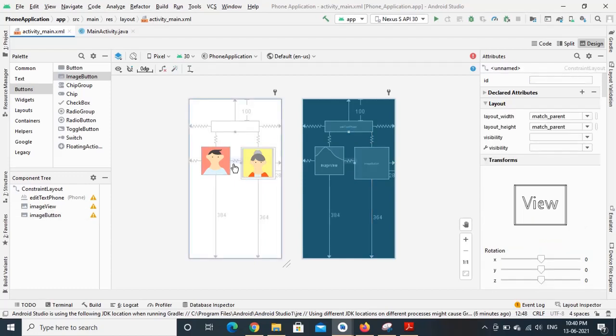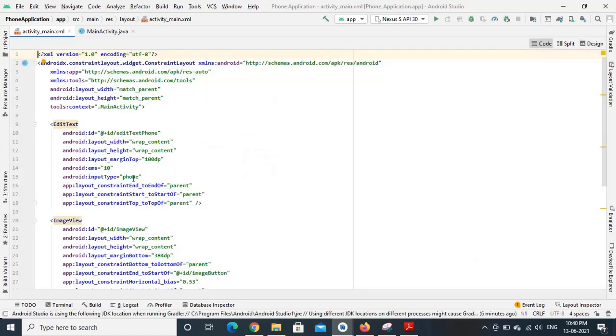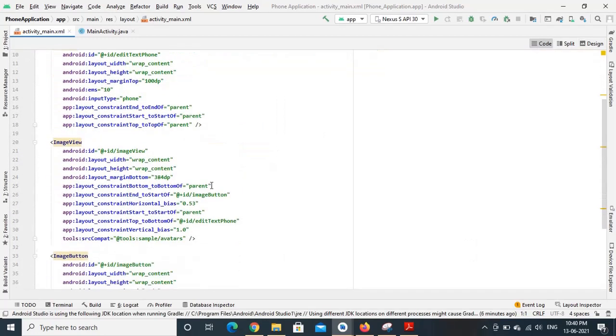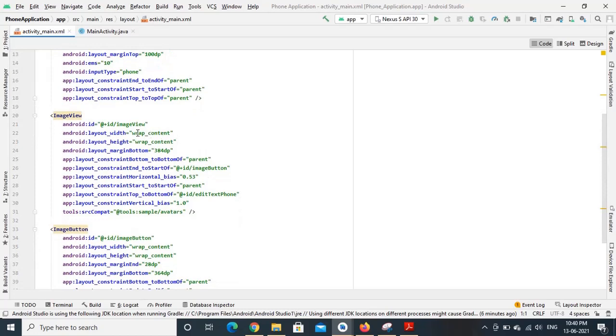Only this much we require for the application. 3 components I have added, and you can also change the size of image view as well as image button. By default it will be wrap content, which will be fitted to the content of the image view.